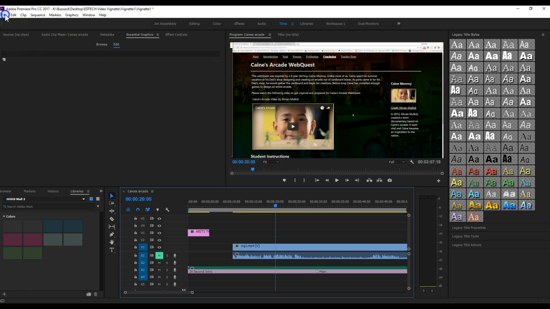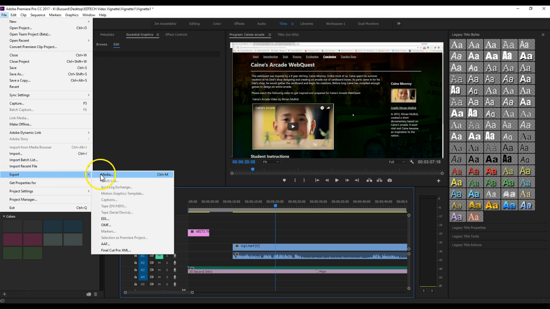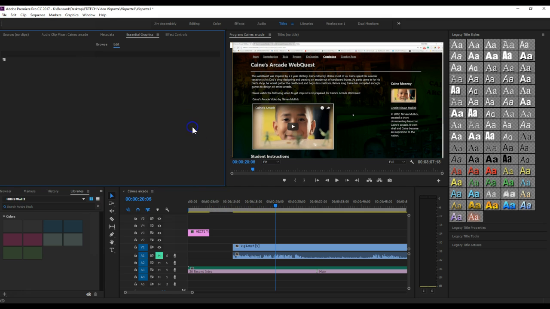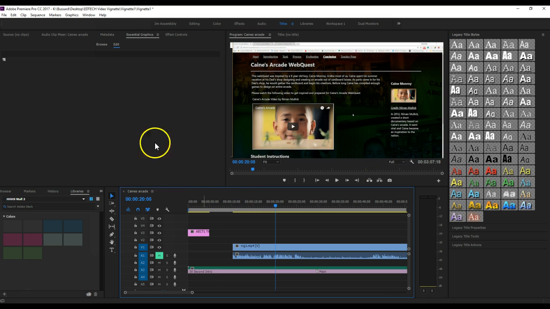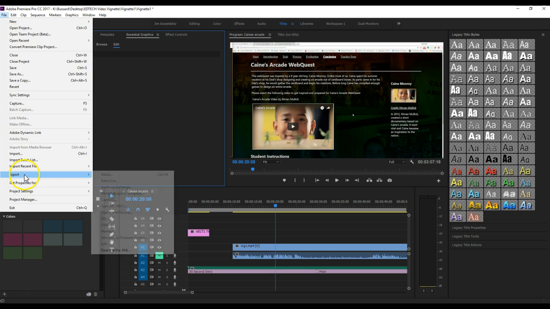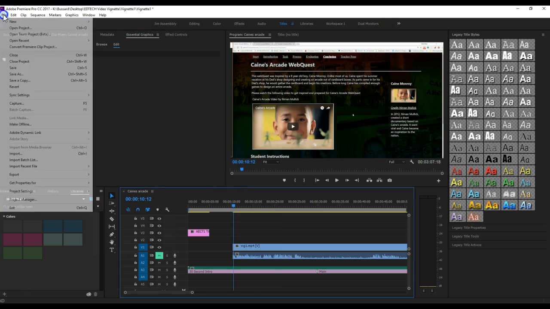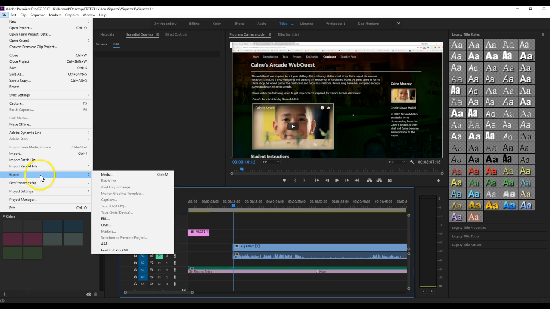So if you go up to File and go down to Export, it's going to be highlighted as Media. Now if this isn't highlighted, it means that you haven't selected the box that has your working copy. So make sure you have either one of these two windows selected, and it'll be highlighted. If you have this one selected and you go down, you're going to see that it's not an option. So coming down to your timeline, have your timeline highlighted in blue, and you can go down to Export and